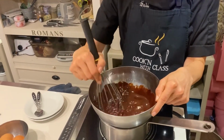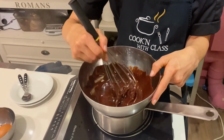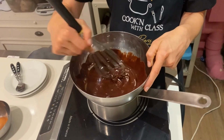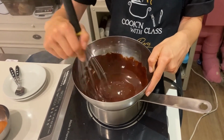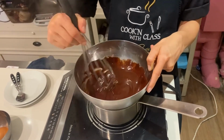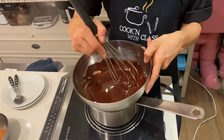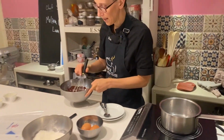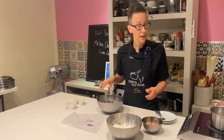Okay, and there we go. It's all melted. Look at that. Oh, we've got a little bit of butter left, so I'm just going to melt that all of the way. Okay, so we have a beautiful homogeneous butter and chocolate mixture. I'm just going to turn off my double boiler, clean off the bottom of my pot, and go ahead and